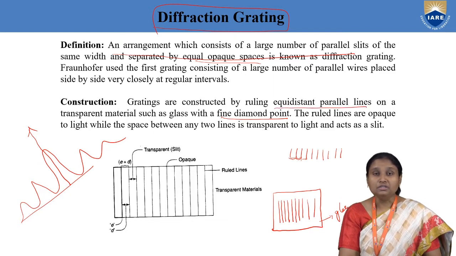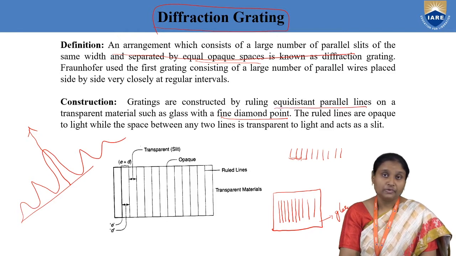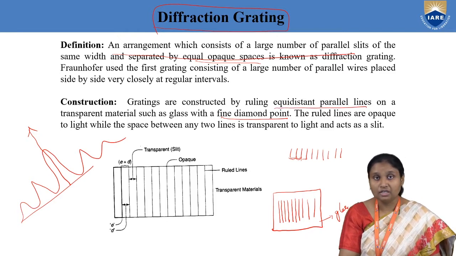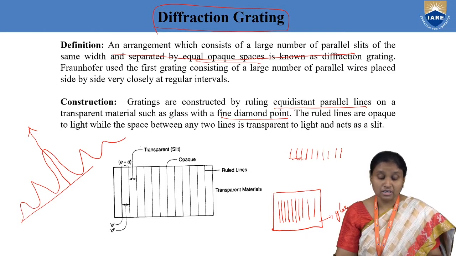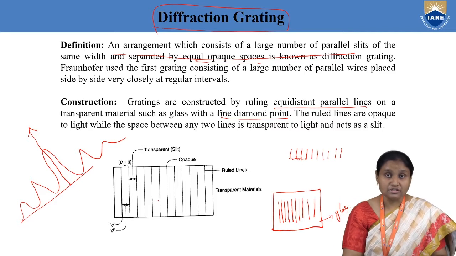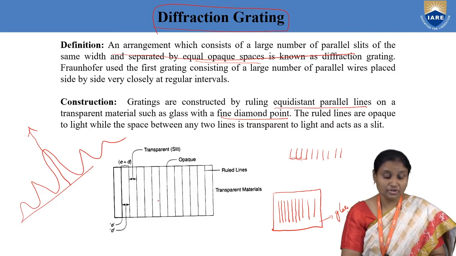Okay. And what is the use of drawing such rulings? See, suppose we have a scratch on our glass, then at that part we will not be able to see clearly. It means that it won't be transparent to light, it will be opaque to light. So wherever we have such rulings, if you see this particular figure, in this figure also what I have done,